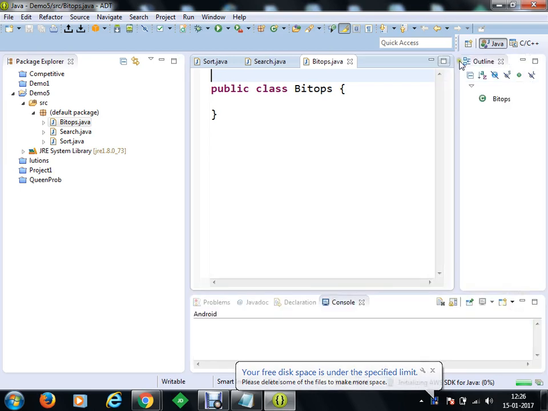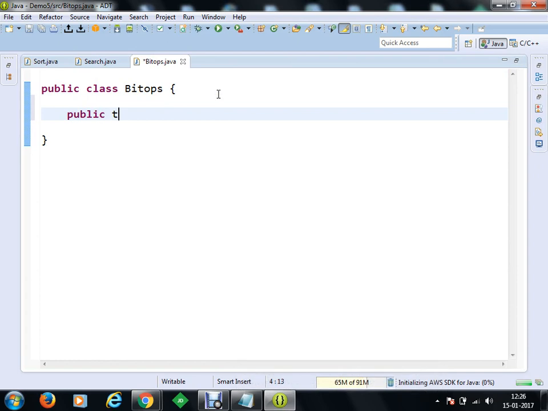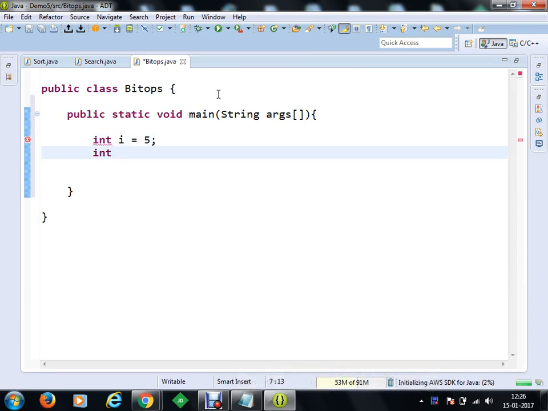Here, on the bit operations, we have to take two integers. Okay, let's say we'll again go for the same. सारे नहीं करेंगे, एक दो कर लेते हैं, so that just in order to make you understand things.